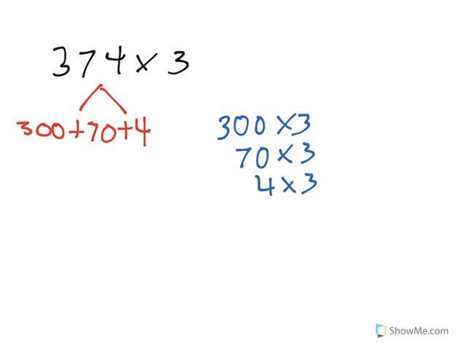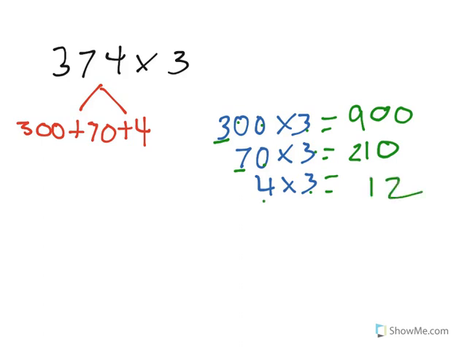I'm going to start with 300 times 3. Remember, you can focus on the 3 and this 3, which give me 9, and I have 2 zeros, so I add 2 zeros. Then I have 70 times 3, so I focus on the 3 and the 7. 3 times 7 makes 21, and I add 1 zero to the back, gives me 210. And then finally, 3 times 4 makes 12. So I'm going to add all my numbers up,